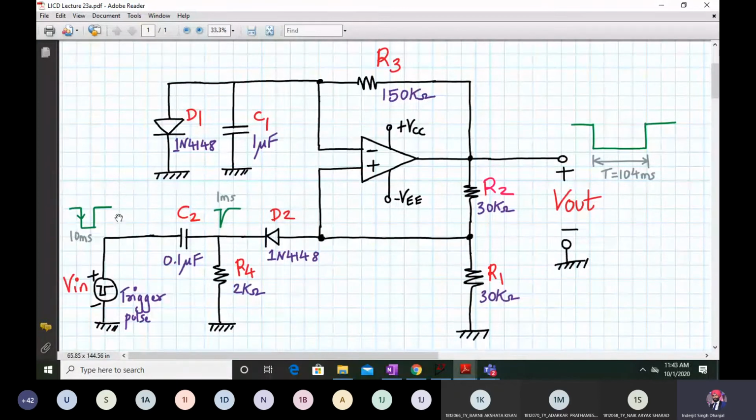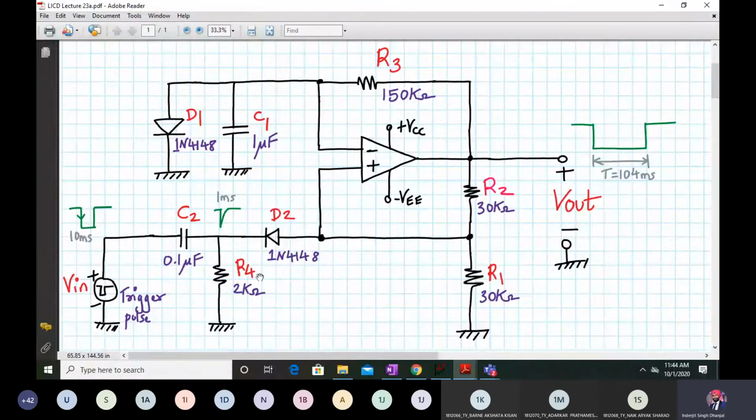Now we are solving one numerical, but let us understand it first. We are applying a negative going pulse. What do you mean by this arrow? At this arrow, at this instant, your triggering will happen. It's negative edge triggered. I hope you know what is edge triggered and level triggered. Level triggered will trigger at the plus level or the minus level. I'm talking about the flat line, but this will be edge triggered, negative edge triggered.